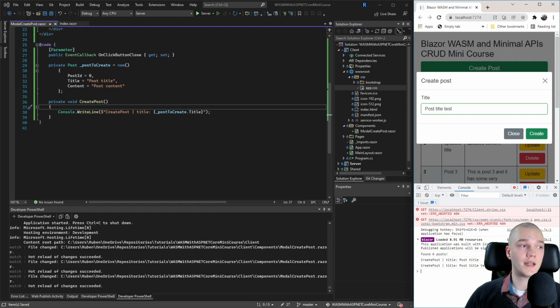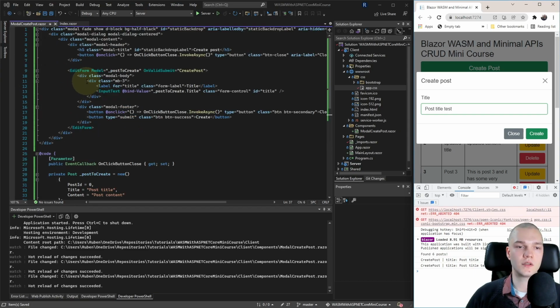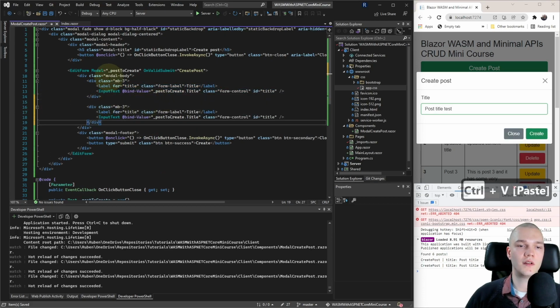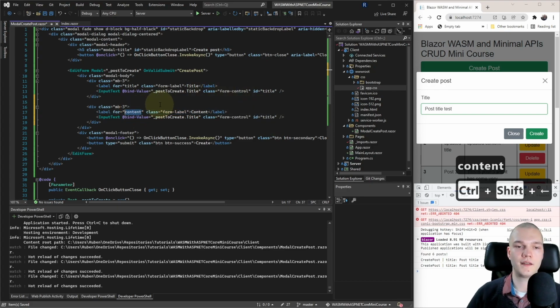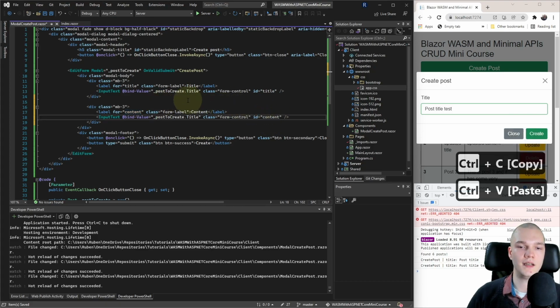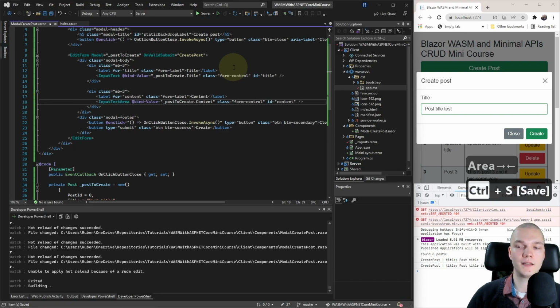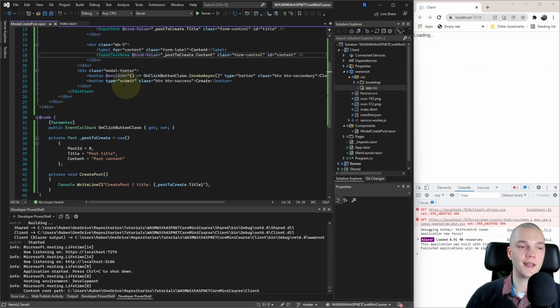Nice. Let's add the content field now. So I'll copy and paste the title input. I'm gonna change everything there to content. So it's for the content, and change the ID to content, and I'll change the bind value also to content, and I'll also change this component to an InputTextArea. Save that, and I want to log that out too.